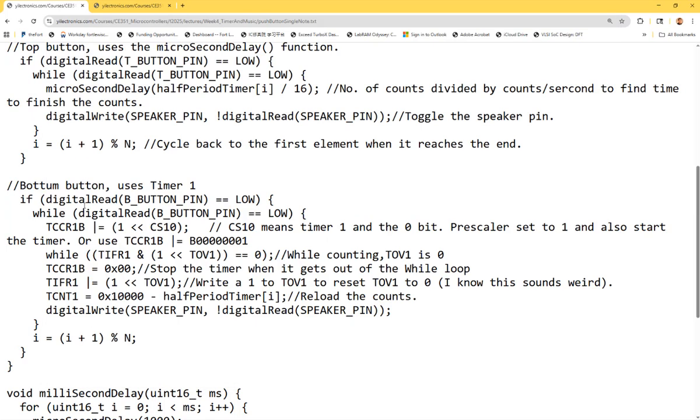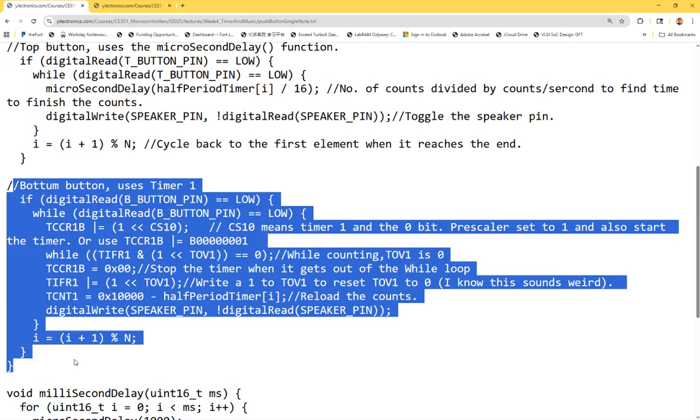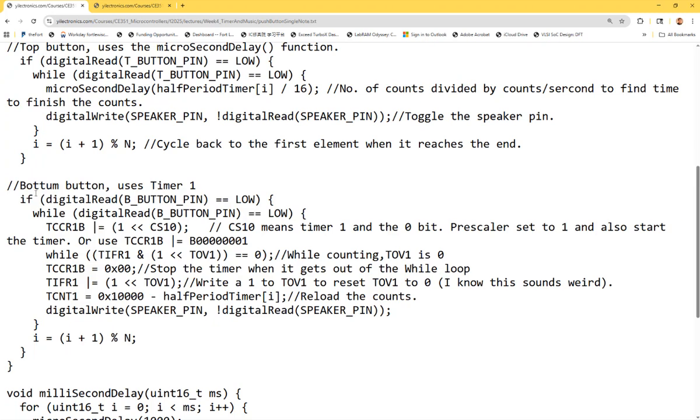So here, the important part. So first, the bottom button is pressed, okay? While this is still being pressed, I'm doing this. What is this guy doing? This is Arduino specific type of code. It's really confusing. But whenever you see this in the future, I hope you guys know what's going on here. So it's basically